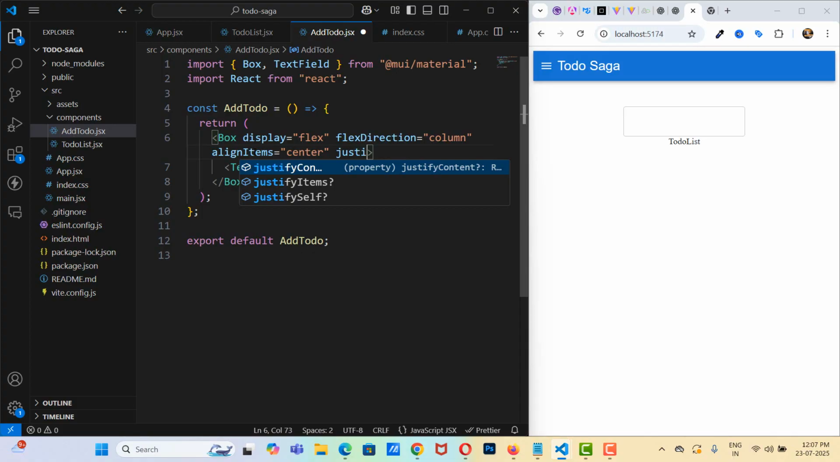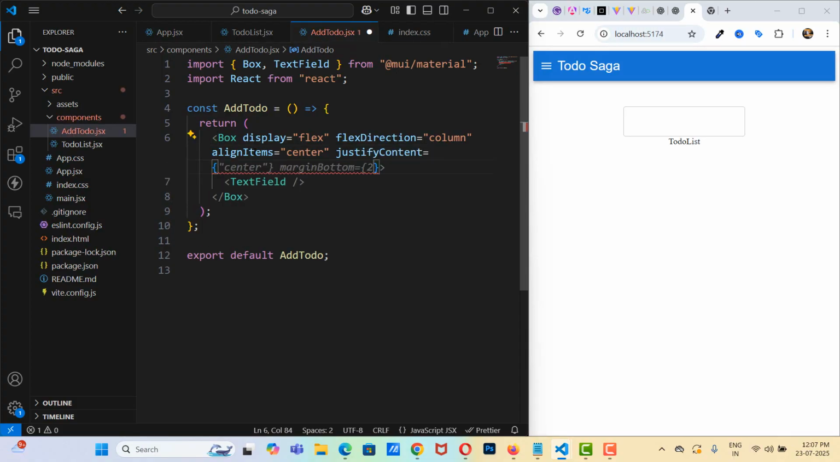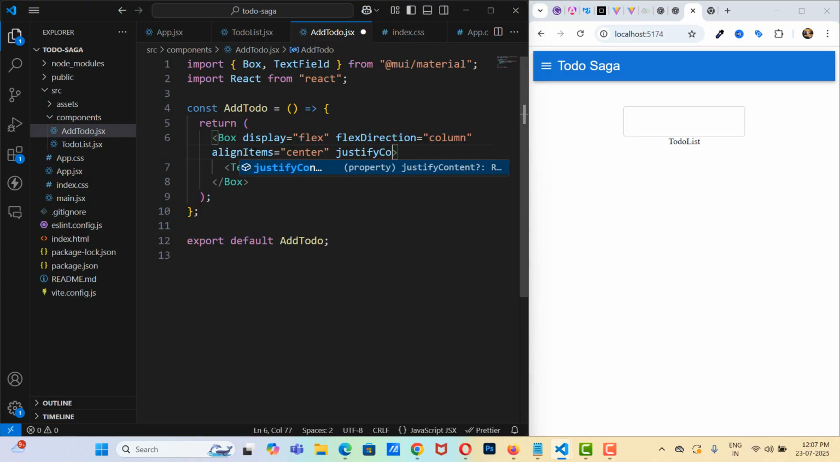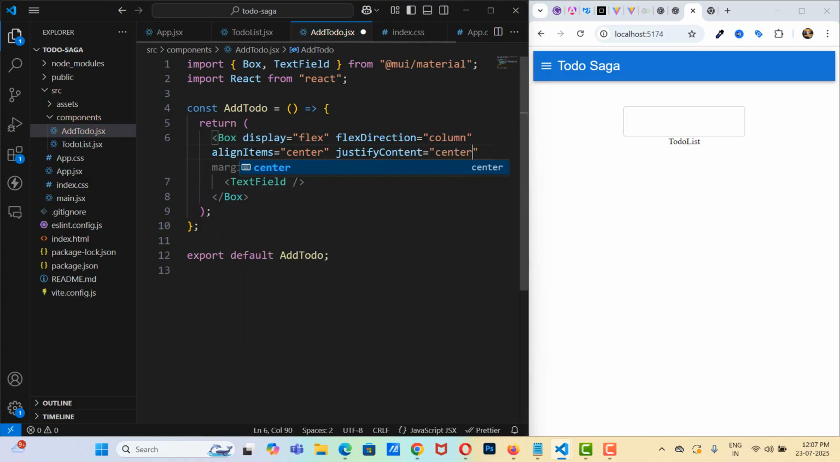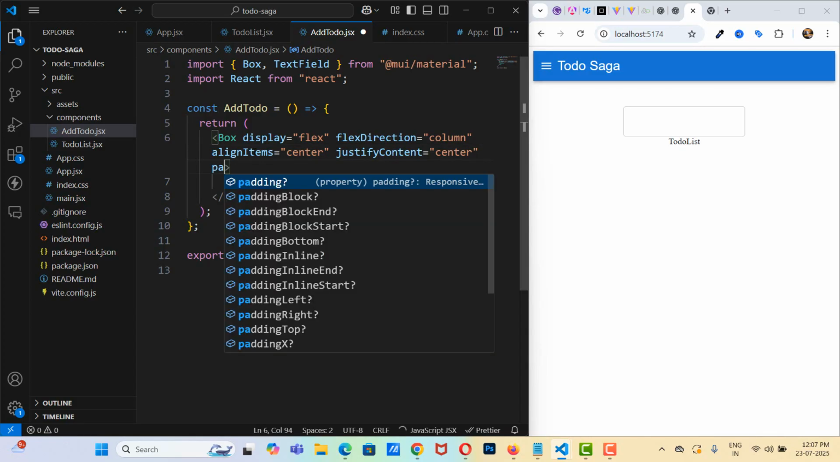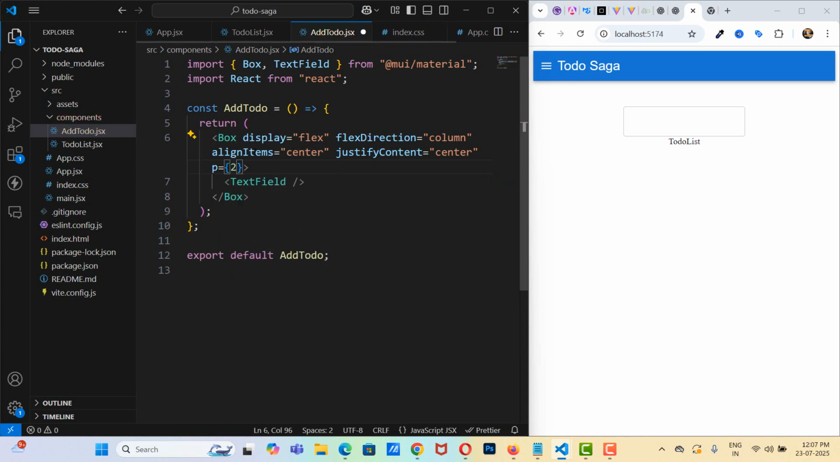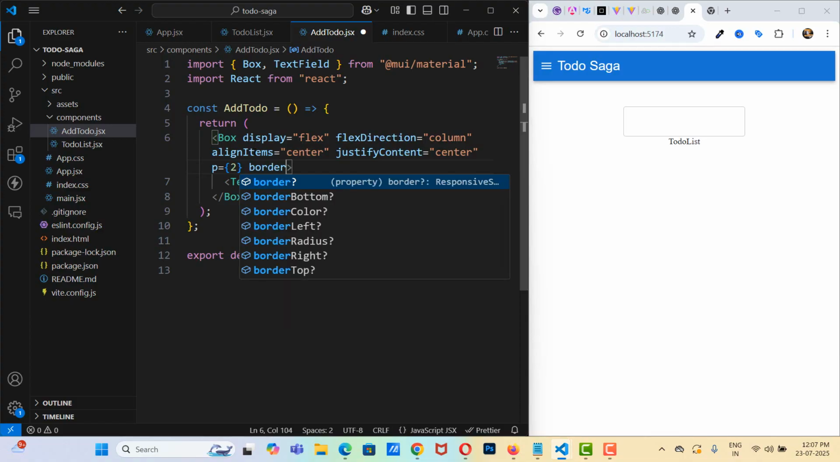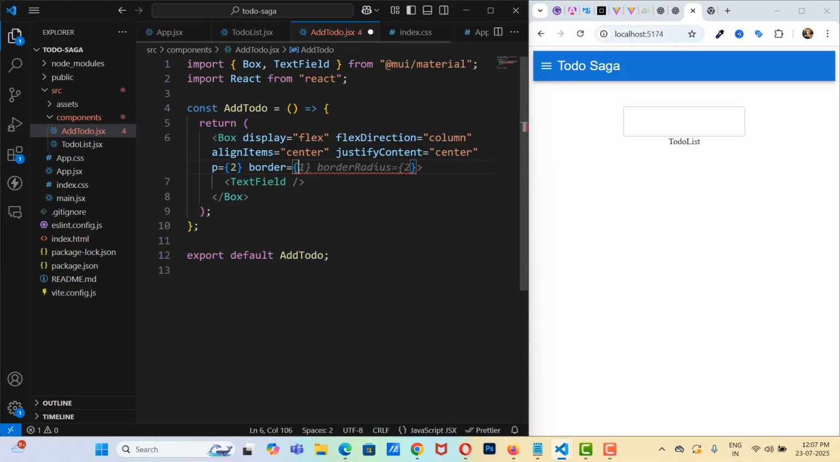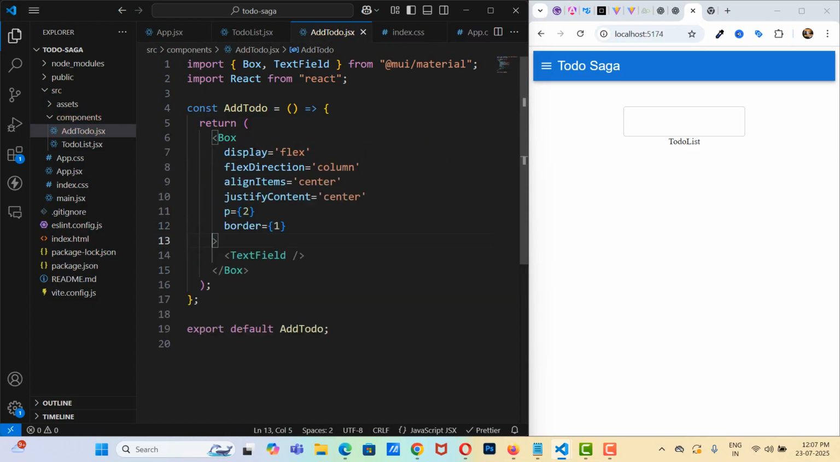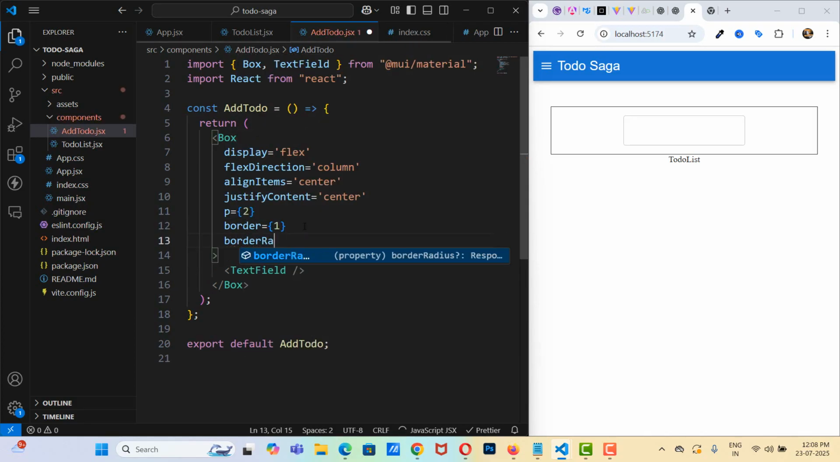Then we need justify content, that is equal to center. Then what else we need? We need padding, so I'll just take p, and that is going to be 2. Then we need border, that is going to be 1. Okay, let me check if I save this. Okay, so let's keep typing. So border radius,